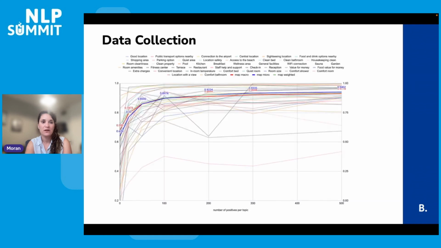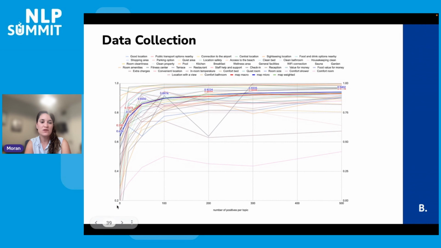So now we have this kind of topics, and I wanted to discuss a little bit about the data collection. We collected the data on 50 topics, but within this curve you can see the number of positive examples per topic that is required in order to get the results. You can see in the red line the MAP macro metric, and in the blue line the MAP micro.